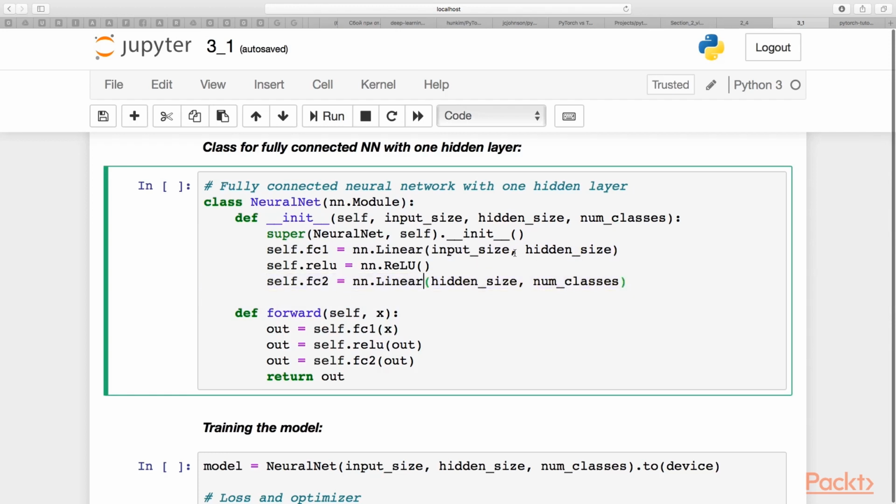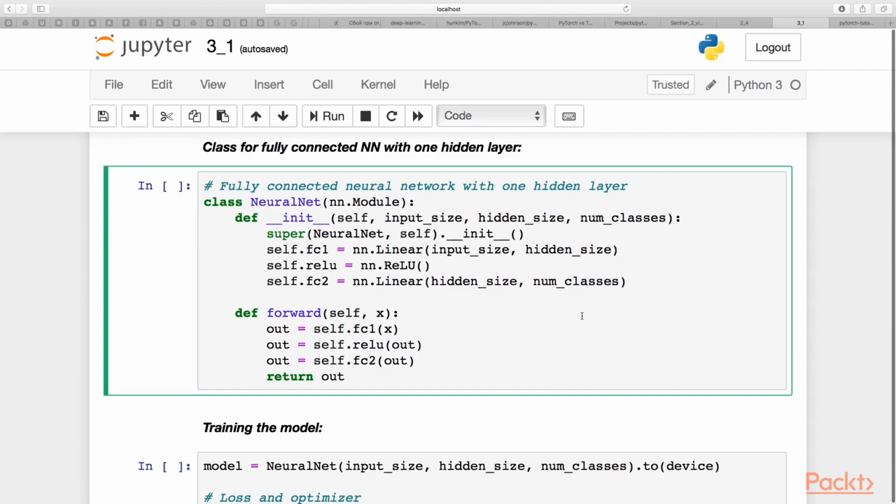Also, you need to specify the input size and the output size for each layer. It's pretty obvious that the input size for the first fully connected layer is equal to this input size, and the input size for the second fully connected layer is equal to the hidden size, and the output size for it is equal to the number of classes, which is 10 in our MNIST dataset.